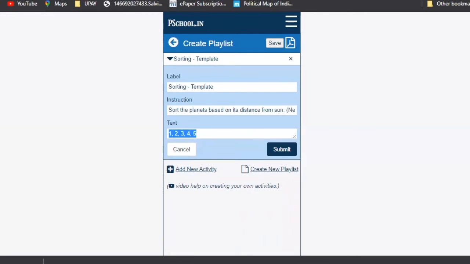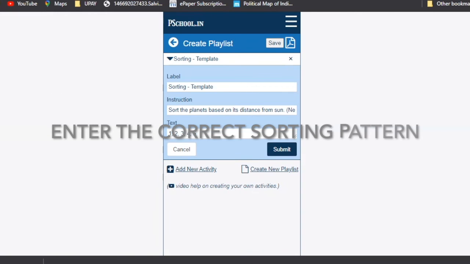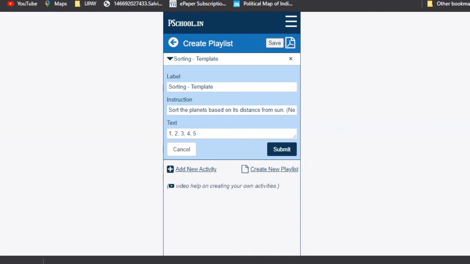When you enter, you need to enter what the correct sorting pattern is, and then the system will give the student a jumbled one, and they can easily do it. I'll quickly change the name to number sorting, and then add an instruction: sort the numbers, and you do a submit.